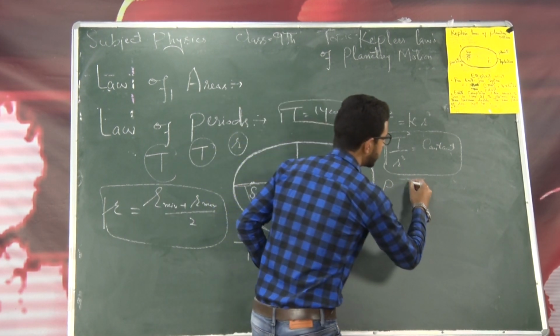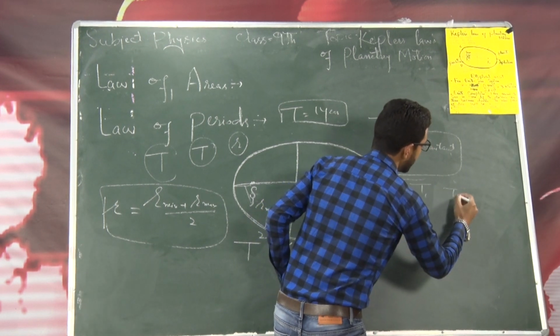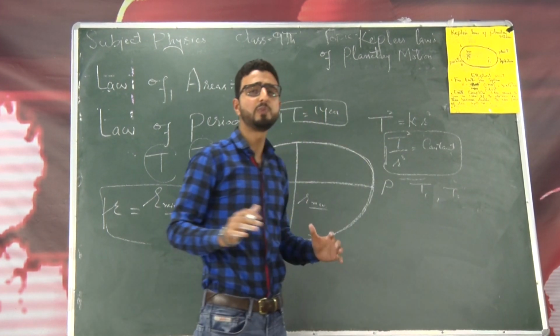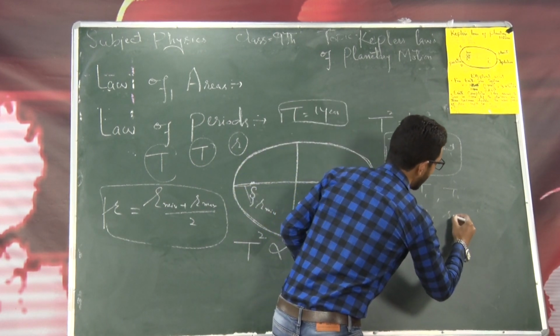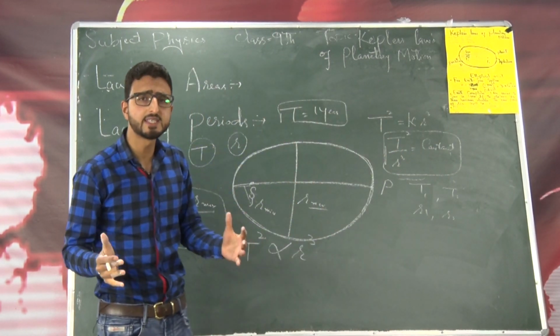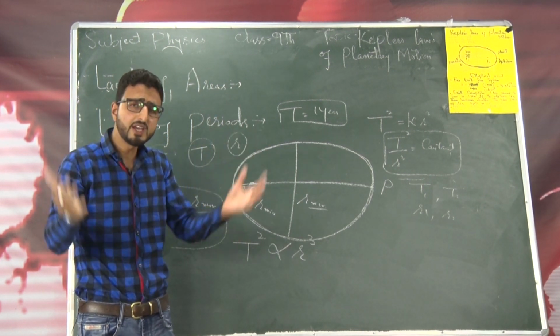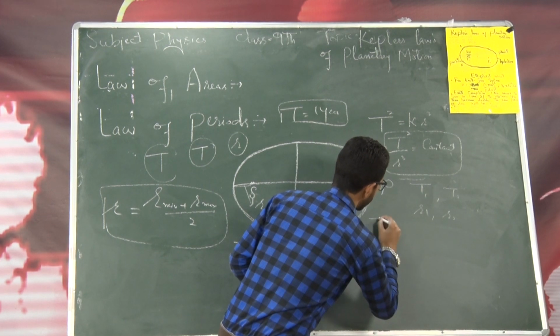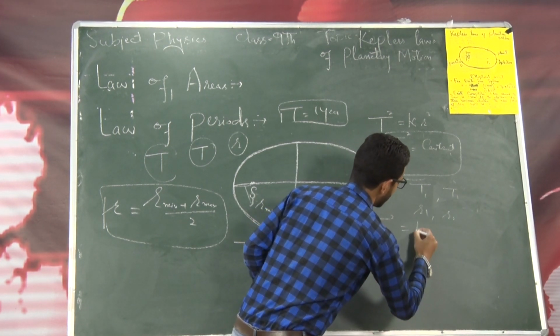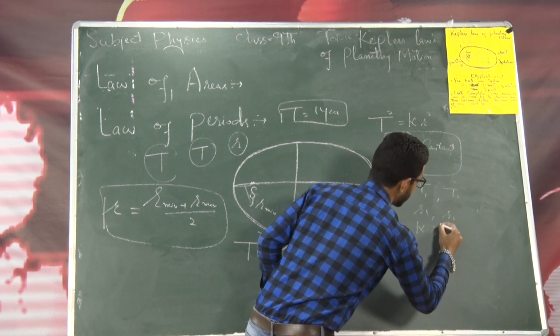So if I consider T1 and T2 to be the time periods of two planets around the sun, and suppose R1 and R2 are their semi-major axes, or you can simply say their average distances from the sun, then as per this very law, I will write T1 square is equal to k into R1 cube,